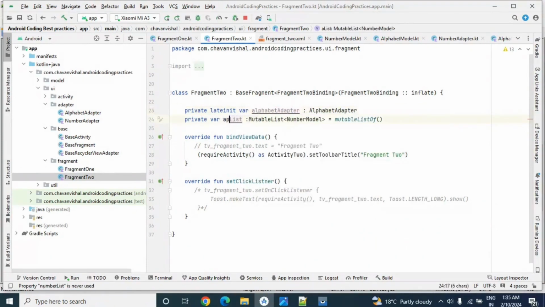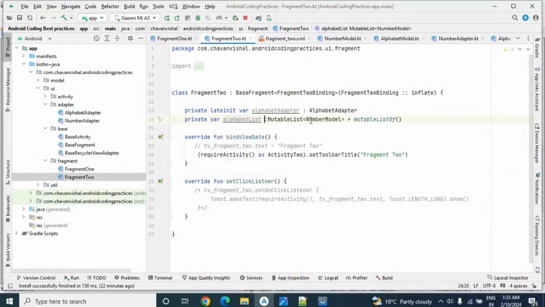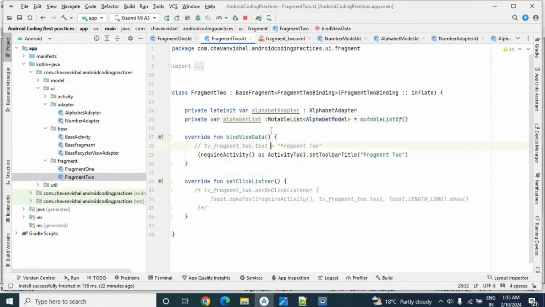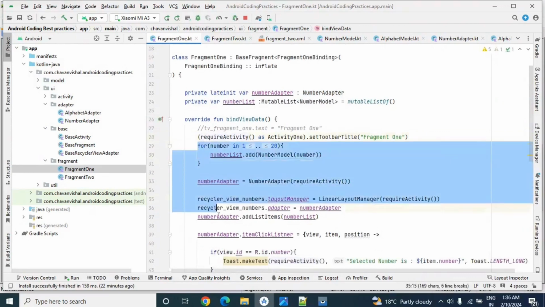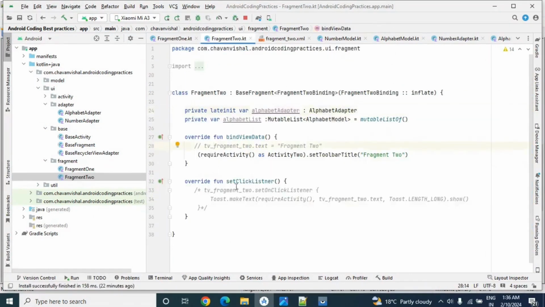Here we have alphabet list, a mutable list of alphabet model. Now we have declared these two. Again go to fragment 1, and we require this complete code also. Copy in fragment 2.